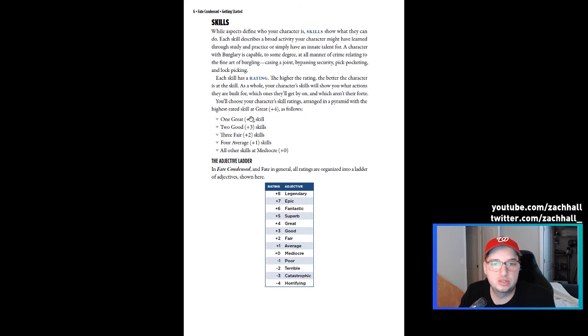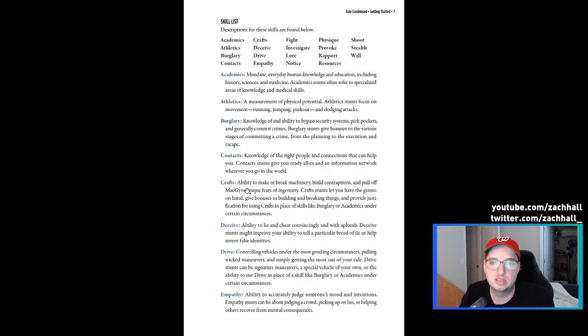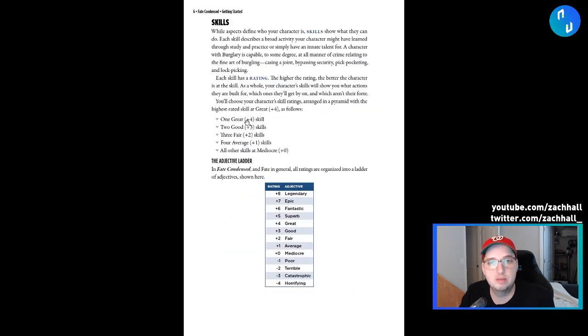So you choose your character skills: 1 great, 2 good, 3 fair, 4 average, and all others mediocre. Another thing that I love about Fate is that you can leave some of your skills empty and decide in game that, hey, I left 2 of my average skills and 1 of my fair skills empty, and I'm getting into a situation where I want to use a skill that I haven't assigned a rating yet. I'm gonna go ahead and